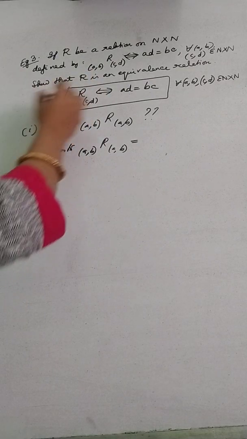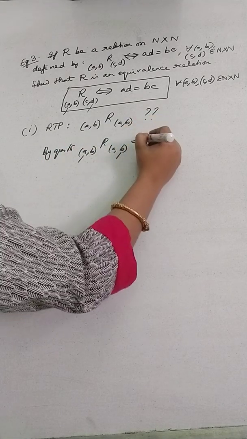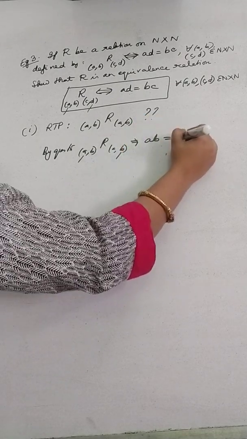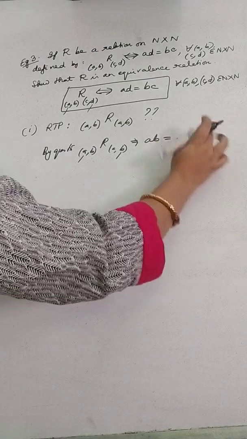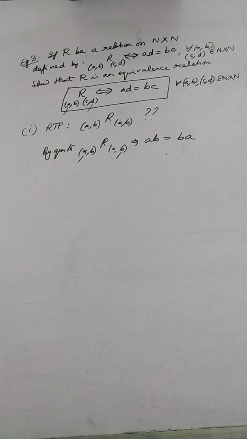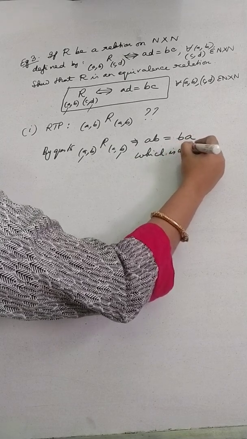That means the first component of this multiplied with the second component of the second pair gives me the same value as the product of the other two. That is the meaning of this. So here the first component is this, the second component is this. That means AB is equal to BA. This and this, AB is equal to AB. So is this true? Yes, it is always true. Why? Because multiplication is always commutative. We will write that, which is always true